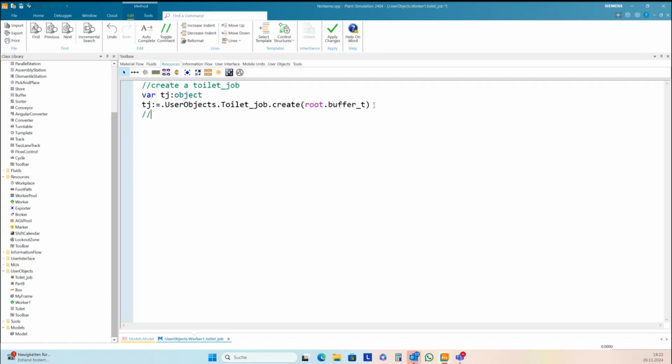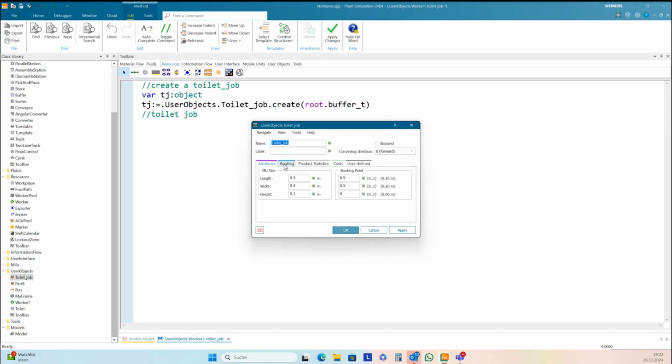And we need to address the toilet job. So we need to know, okay, who is creating this job? And so we need to create a user-defined attribute here in this MU.